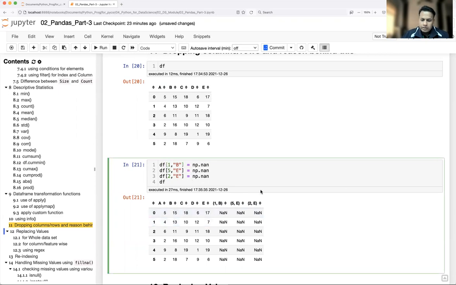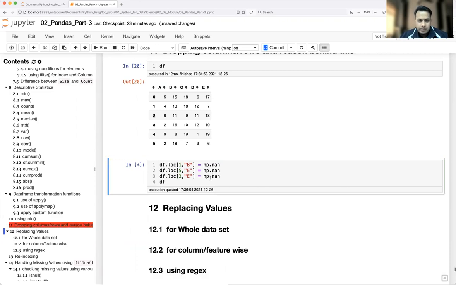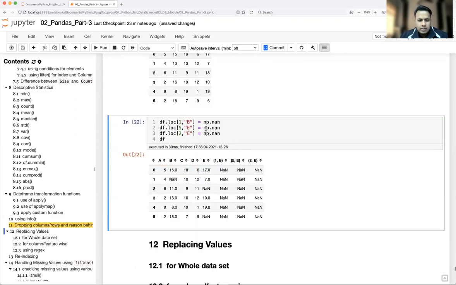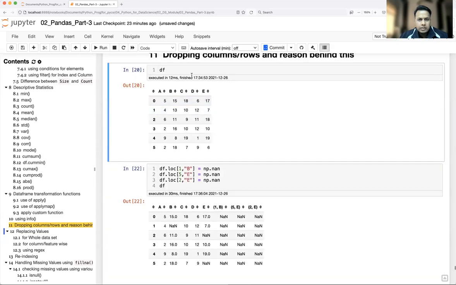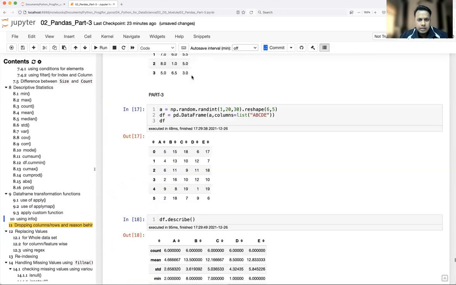My bad. I'm going ahead with label-based indexing, so I need to use .loc, and I forgot to mention that. If you don't mention it, it is going to be treated as a separate column. So I'm going to remove this first, or run this once again.